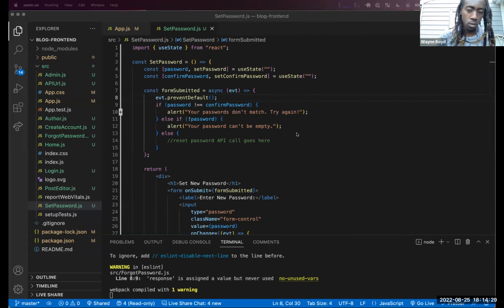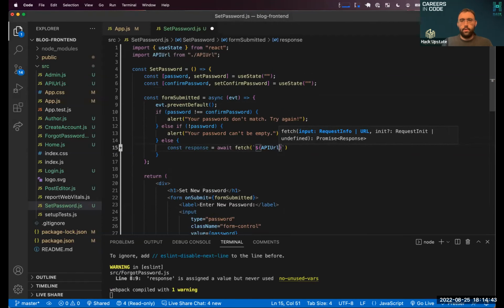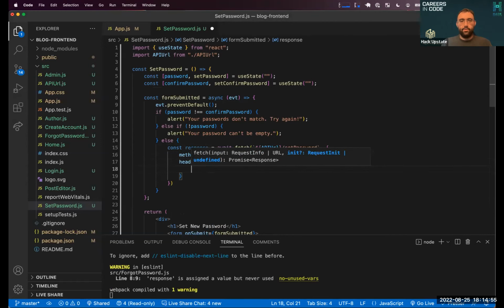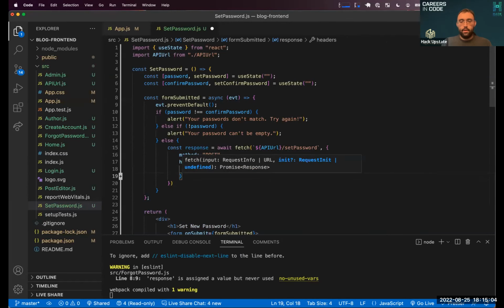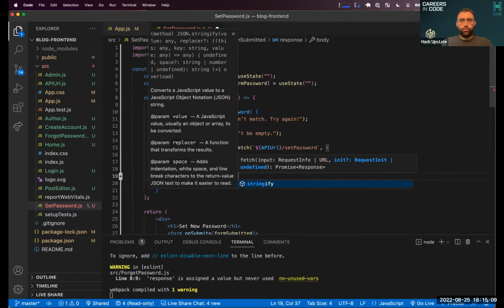Okay, so we need to do our API call to our backend, which is using our API URL. It's going to go to set password. It's going to be a method of post because we want to include a body, but whenever we include a body, we have to have the headers that set the content type to application JSON, and the body, which is going to JSON.stringify